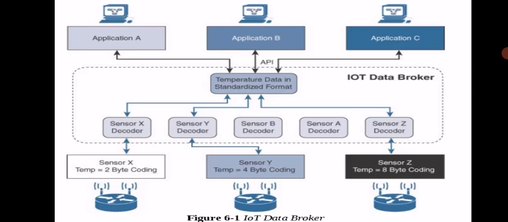If you see what the job of these sensors is, you can observe there are 5 different categories of sensors. We are having sensor X decoder, sensor Y decoder, sensor B decoder, A decoder, then Z decoder. Feel that these are all different sensors placed in a real-time environment for sensing the atmosphere temperature, or else room temperature. They're all decoders, exactly. Decoder for what purpose? The information which is sent by the sensor should be decoded.